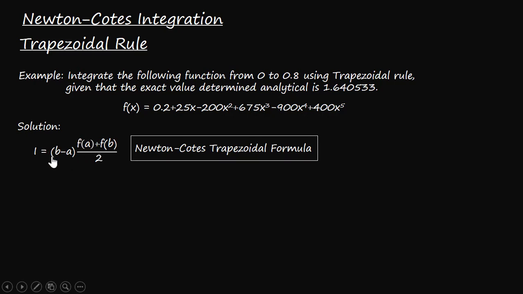अब जब हम कैलकुलेट करेंगे वैल्यूज b माइनस ए दैट वुड बी 0.8 माइनस 0. करस्पॉन्डिंग फंक्शन वैल्यू कैसे कैलकुलेट करेंगे, a की वैल्यू यहाँ सब्सटीट्यूट करेंगे दैट वुड बी f ऑफ a, b की वैल्यू 0.8 यहाँ पर सब्सटीट्यूट करेंगे, सो कैलकुलेट करेंगे दैट वुड बी f ऑफ b.